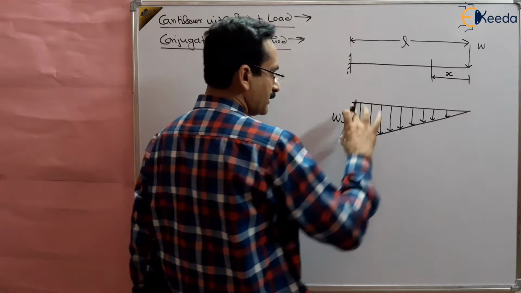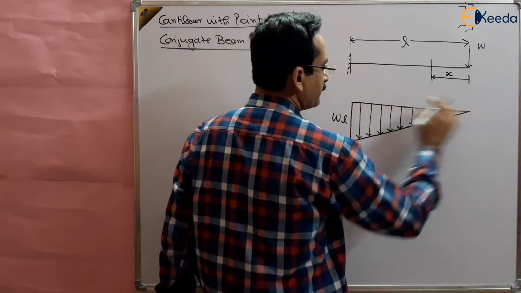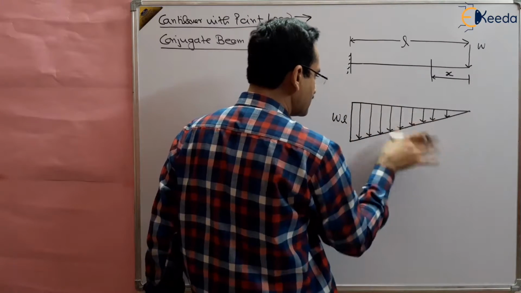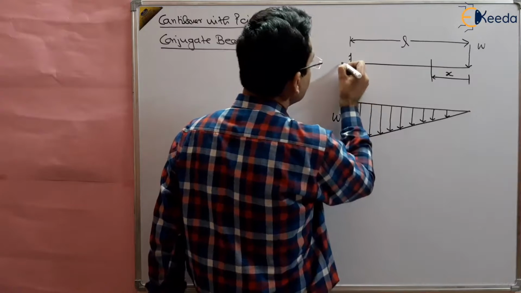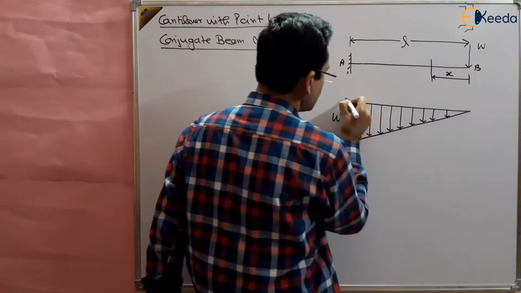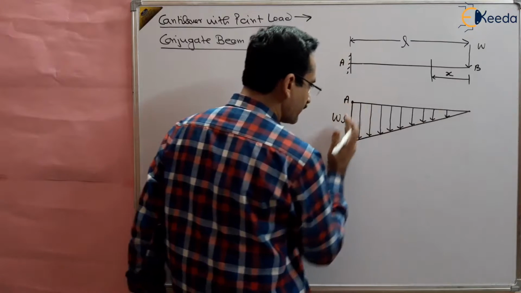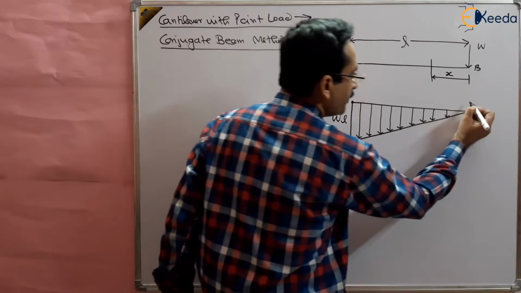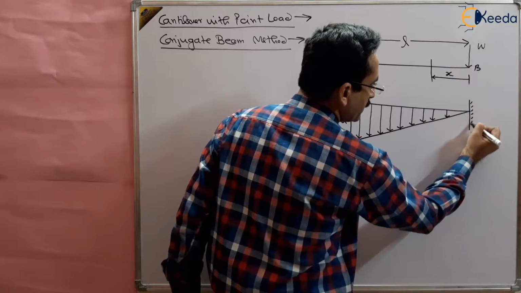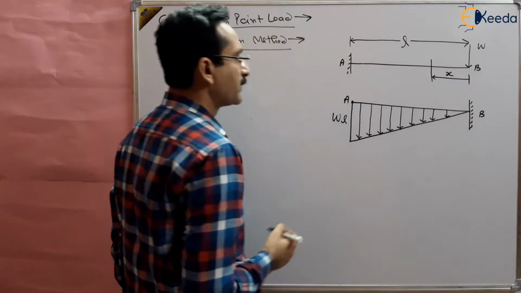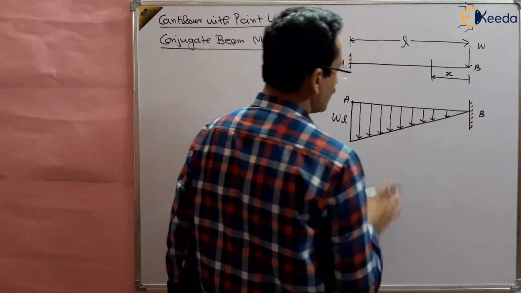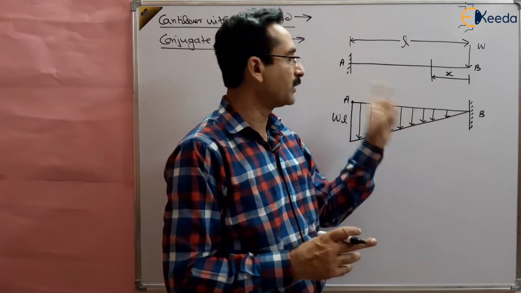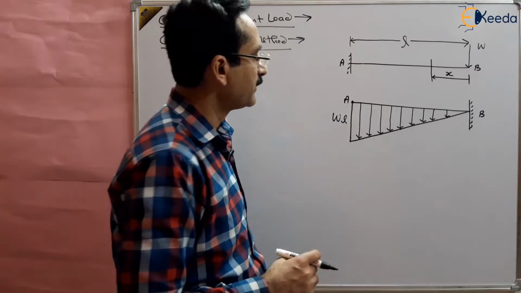WL is the peak point, the maximum ordinate, and this is the base, and now the beam is loaded with this type of curve, right? Now this is A and this is B. Now this becomes the free end, because in the conjugate beam the fixed end becomes the free end and the free end becomes the fixed end of the cantilever beam. So this is free now and this is fixed now, and this becomes the conjugate beam, because it is loaded with the bending moment diagram and the width is EI, right?